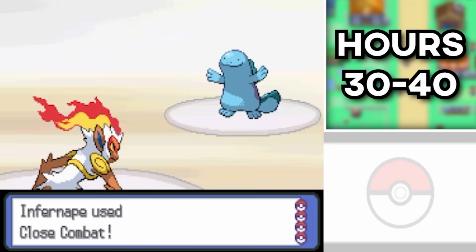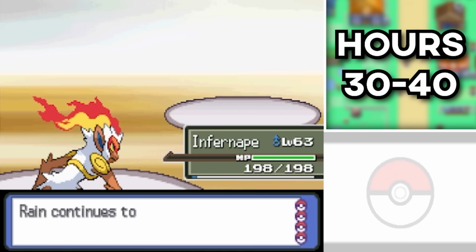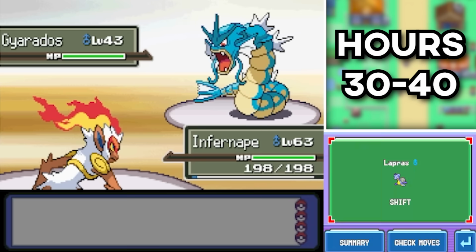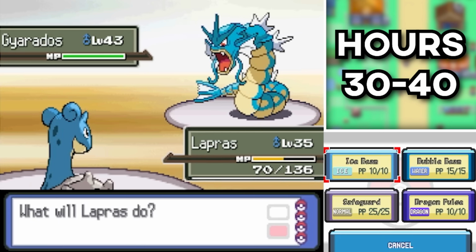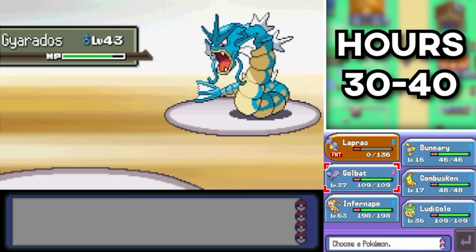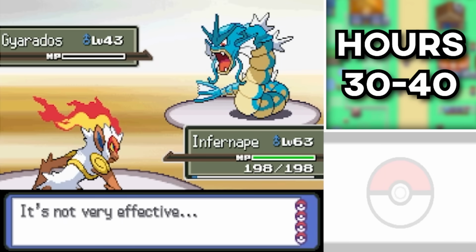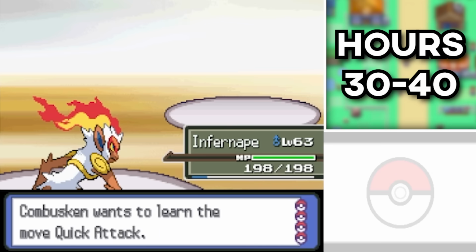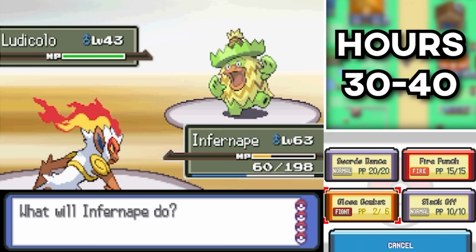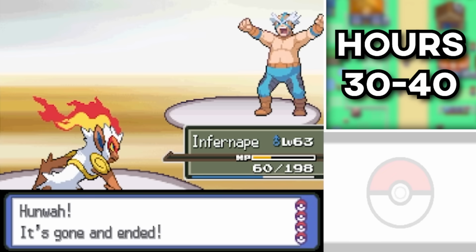Crasher Wake was actually the hardest battle in this entire run for me because I only have my Infernape, nothing else, and he's not going to do too well against the rain team. So I brought in a backup crew consisting of Ludicolo, Golbat, and Lapras to try and take down Crasher Wake without many problems. Once we showed our combined team's power, we finally earn ourselves our 5th gym badge, but then